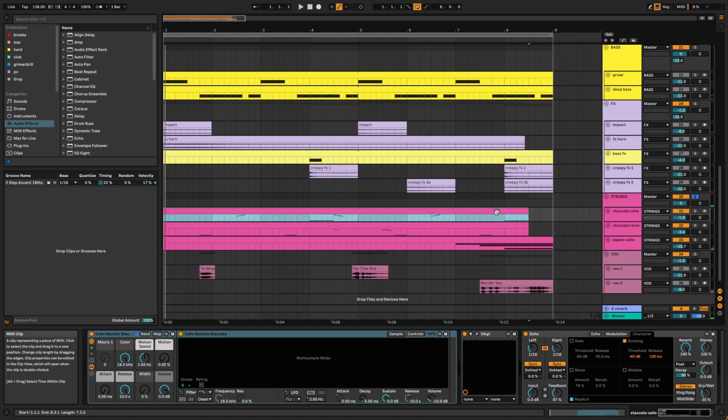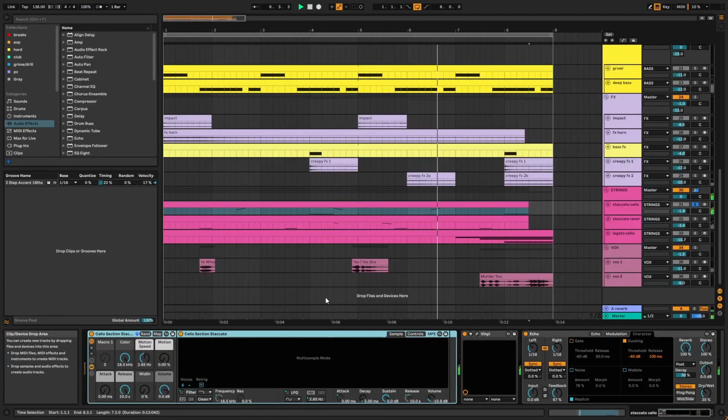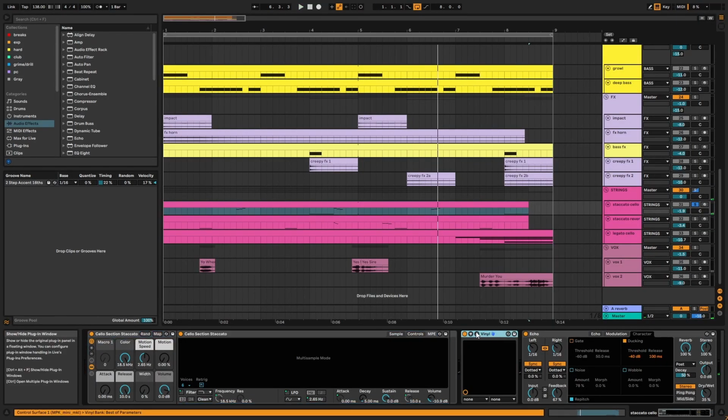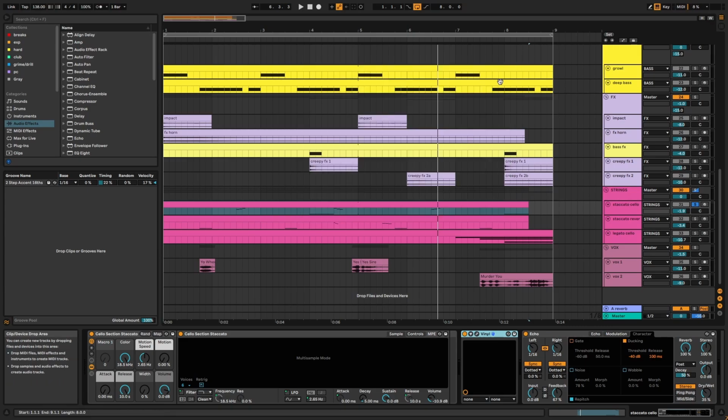These are from Live Suite's orchestral strings expansion, and I've used a couple of different presets. First, we have the staccato strings. Here I've used isotope vinyl, and this is for both the saturation and the warping, which creates repitching over time. Then we have an echo, which swells after each phrase, and that's because I'm using the ducking feature,